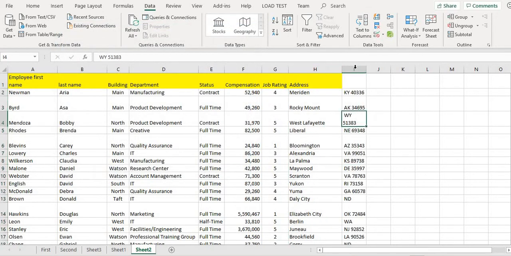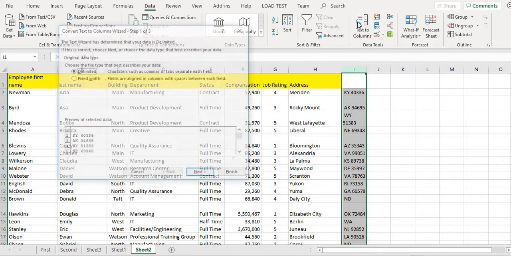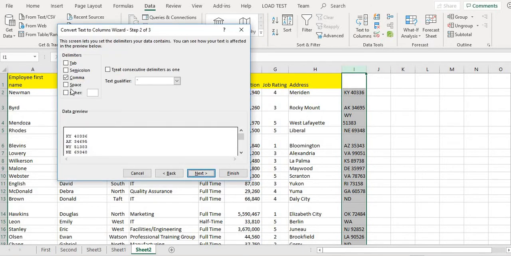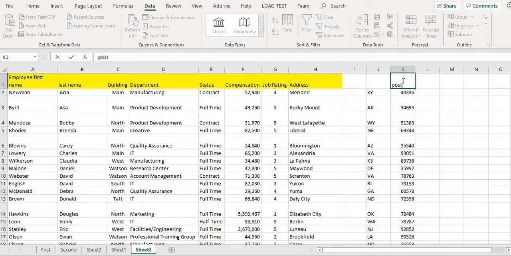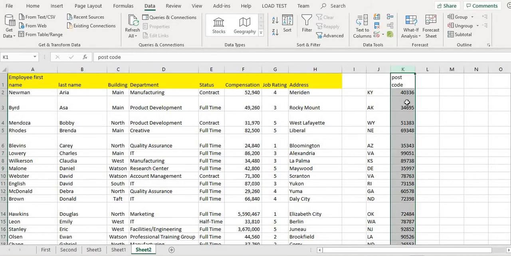You see now I got it. Now I will again go and split it with a space, comma, space, next, finish. Now I've got this. I can write this as postcode, and then I can sort it based on my requirement.